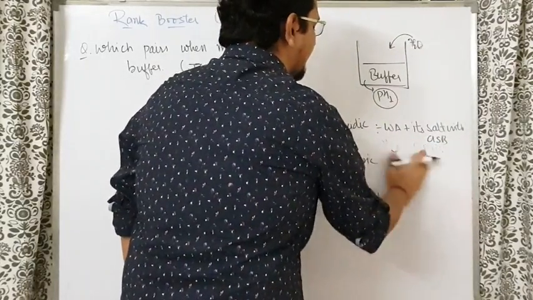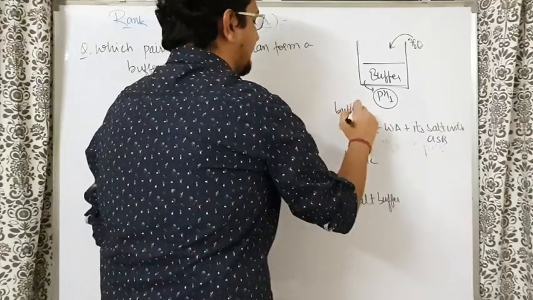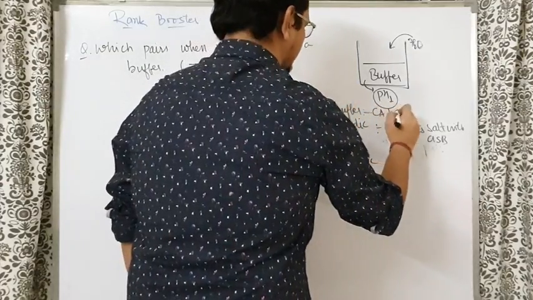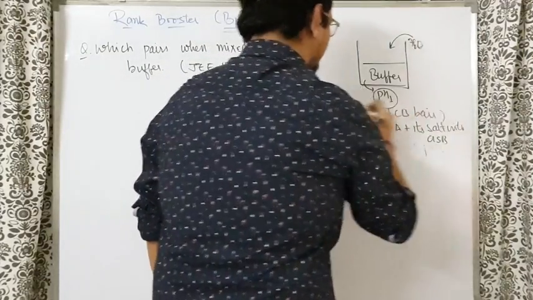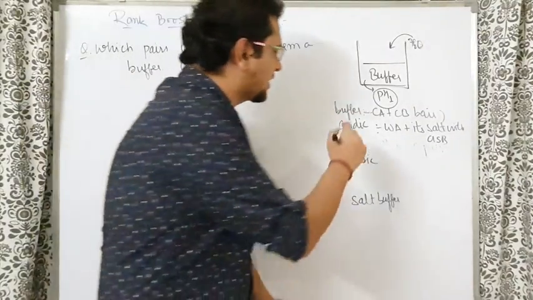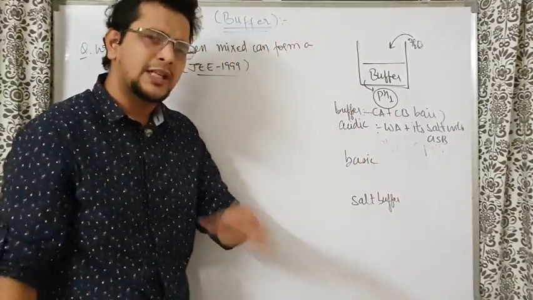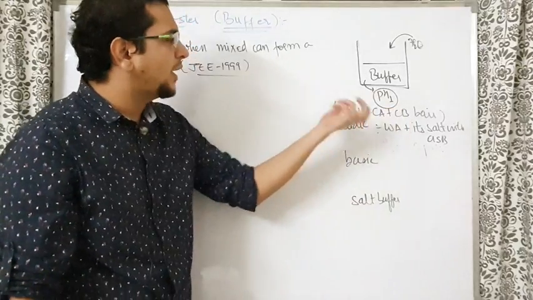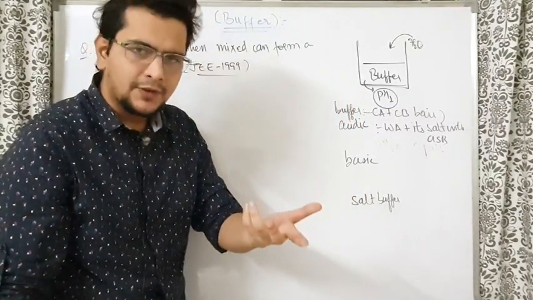Look, this is a general definition you can use. If you ever get a conjugate acid conjugate base pair, it will form a buffer. This point many people miss while teaching, especially at the NEET level. In JEE, more or less people know this concept, that conjugate acid base pairs are also buffers.